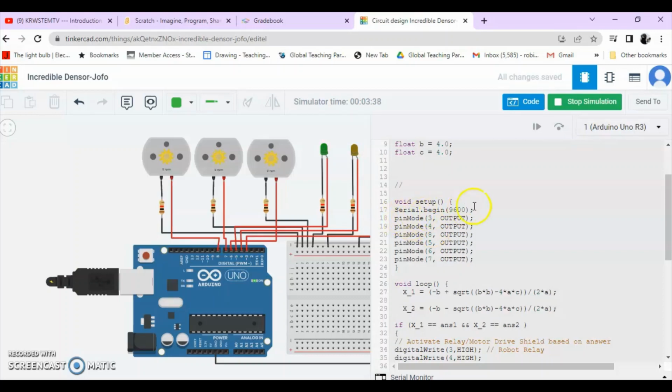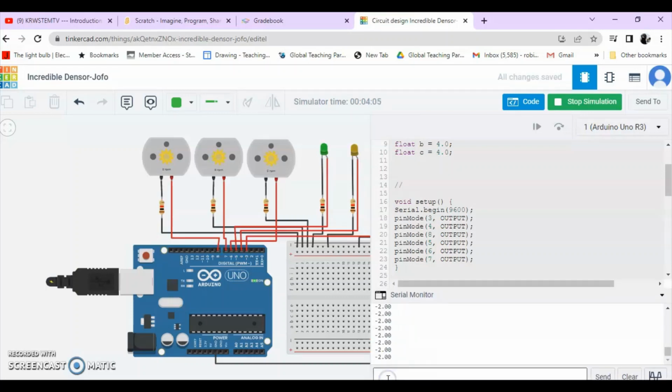In the void setup as well, you can see that I have a line of code called Serial.begin, and of course inside here is 9600. This line of code switches on what is called a serial monitor, so that we can see the numbers that are computed by the computer. Very important. So we know the answer computed, so that when we do the actual working out in our book, we can of course match it up as well. So if I click on the serial monitor here,